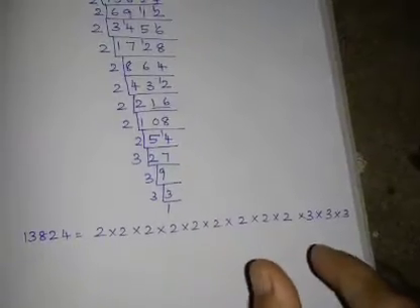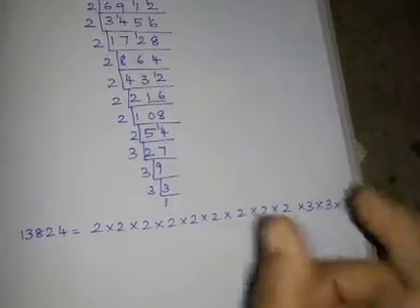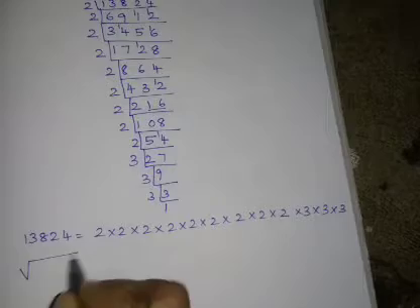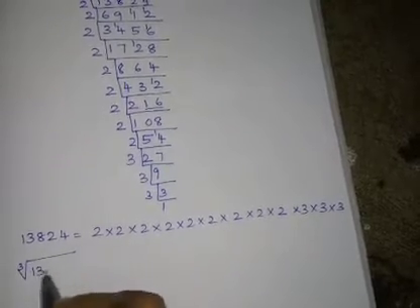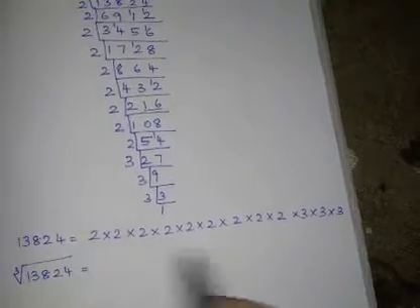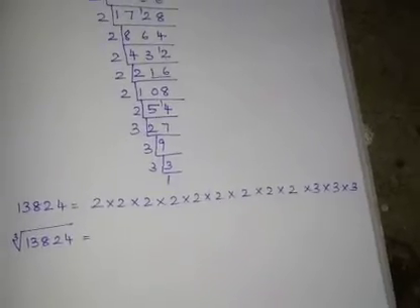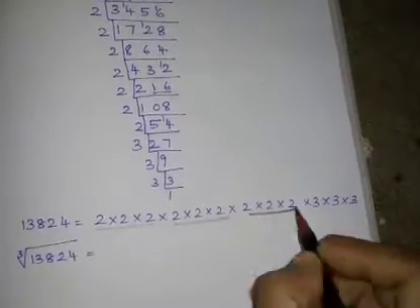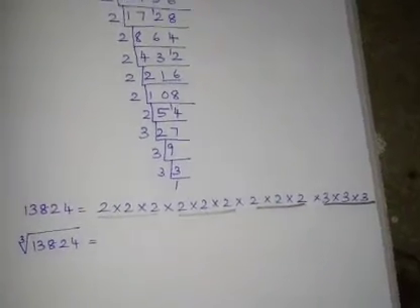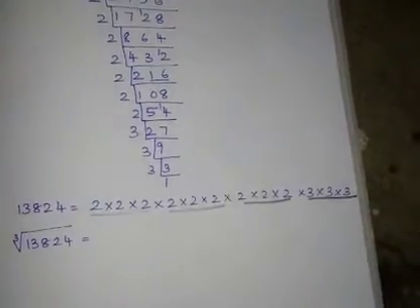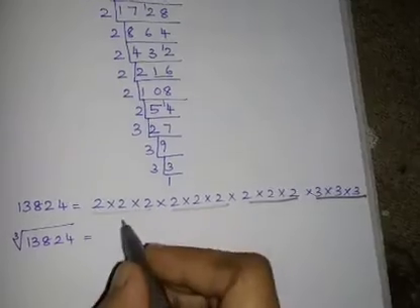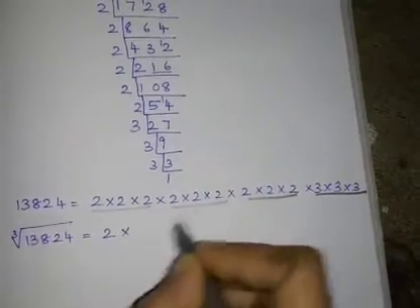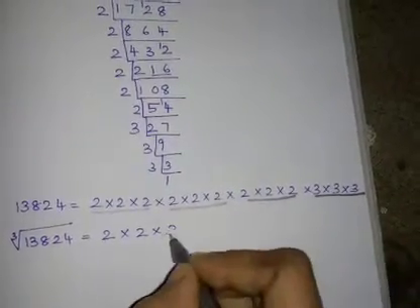Now what should we find? We should find the cube root of this number. Cube root of 13,824 is equal to, listen, now we have to group them like this, 3 groups. Yes, 3 numbers. I have formed one group. Now instead of these 3 numbers, I'll write only one number, 2 into 2 into 2 into